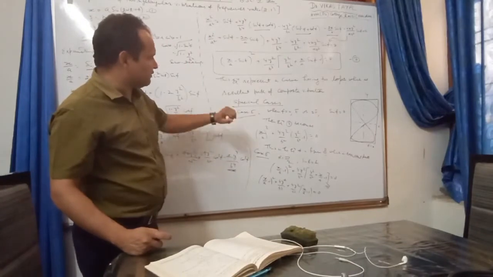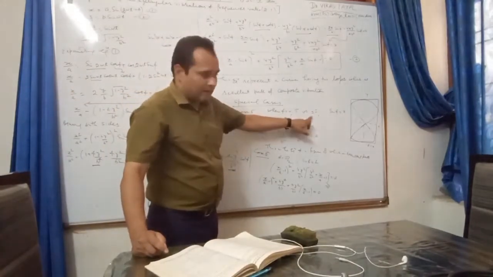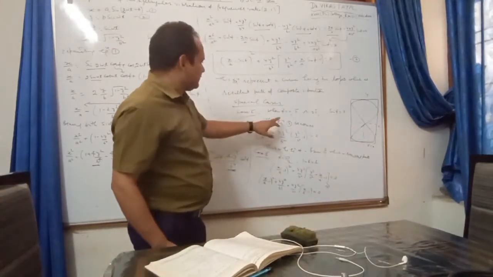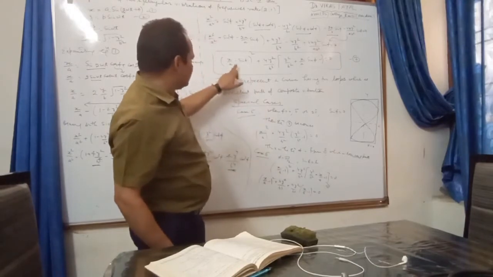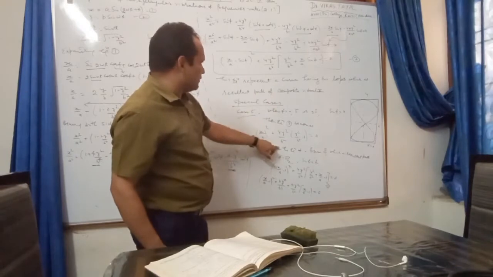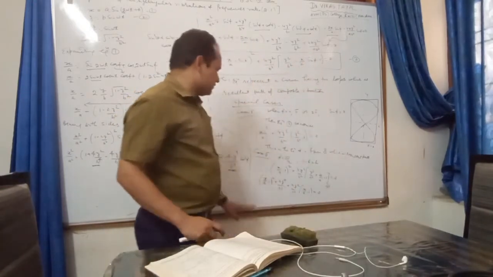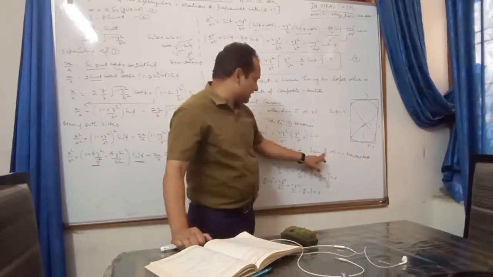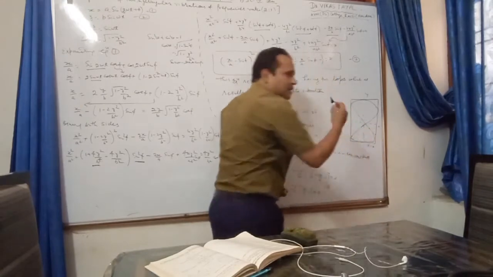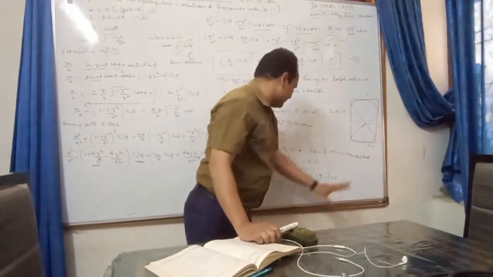For example, case number 1, when phi is equal to 0, pi or 2 pi, in this case sin phi also becomes 0. Again if sin phi is 0, the equation reduces to x square upon a square plus 4y square upon b square, y square upon b square, this will become 0, minus 1 is equal to 0. So this is the equation of figure 8. You can say that the resultant path of the two vibrations of frequencies 2:1 is figure 8.